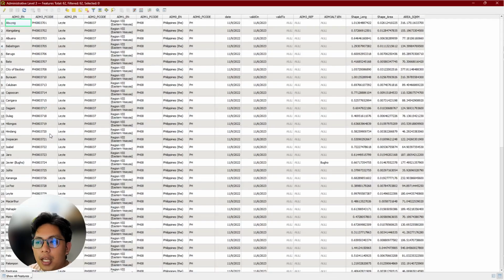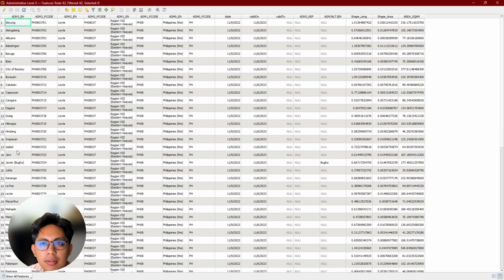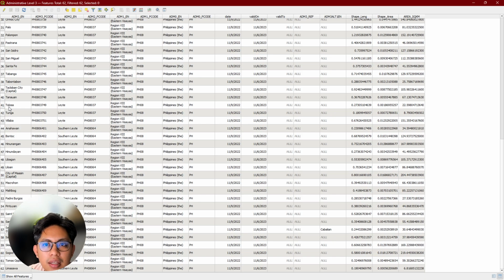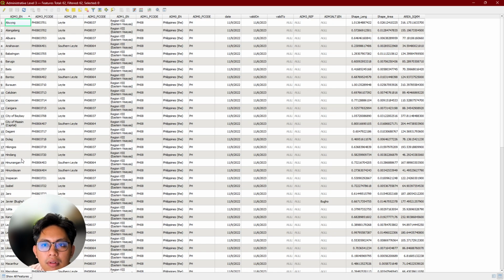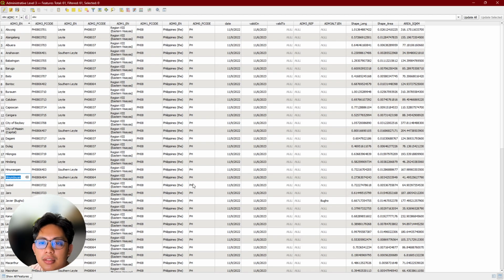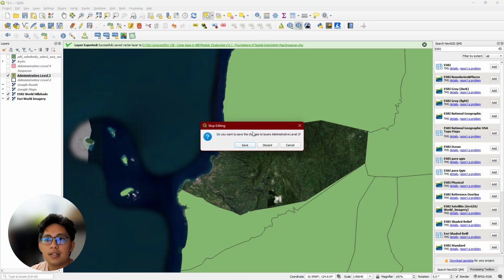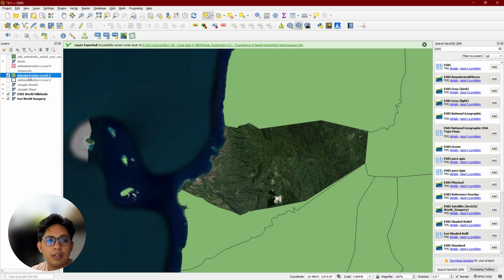I do open attribute table. Ako pakitawag sa Inupakan. Where is it? I delete this. Ako ni siya i-delete by clicking pencil and just delete. So now it's not there anymore. It's just this. So what I'm gonna do is save that level,